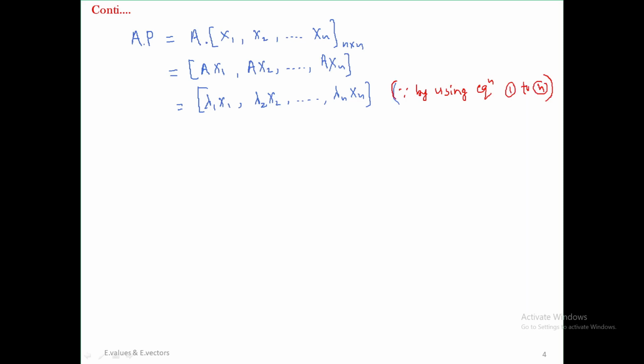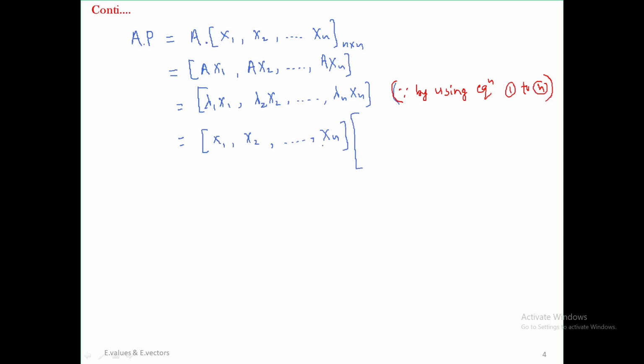Then next step, now I want to modify this step. How I am modifying is, in this I want to take x1 out as common, next x2 out, and so on, xn out, into